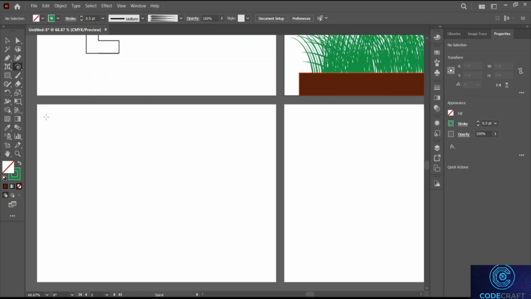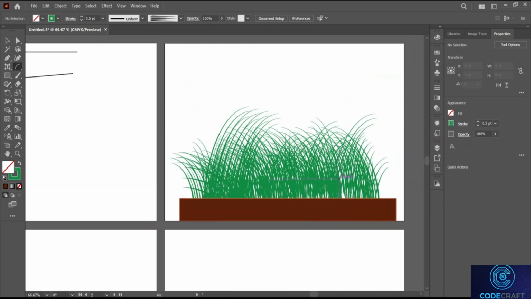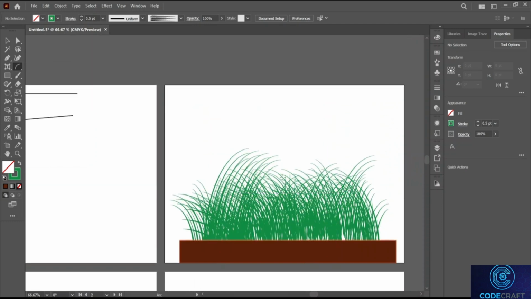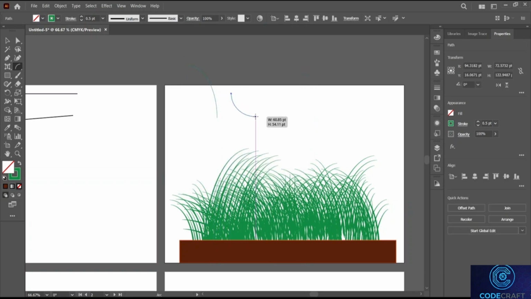All right. So before I start the arc tool, I'll go over here and explain a few uses of the arc tool. So when you click on the artboard, you'll see the arc tool options come up, and here we can select the length, and it's between the X and Y axis, and we can select it either to be open or closed. Now what the closed one does is basically, first let me show you what the open looks like, and here you can see this is what it looks like. All right, let's put a stroke more deeper. Now this is our open